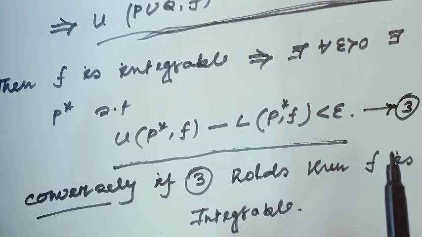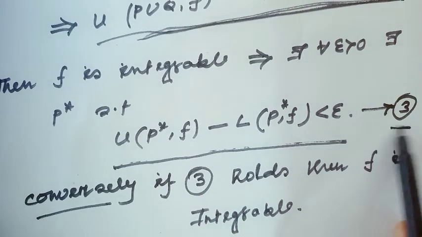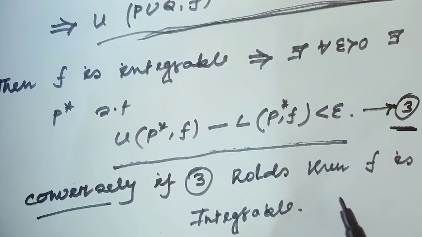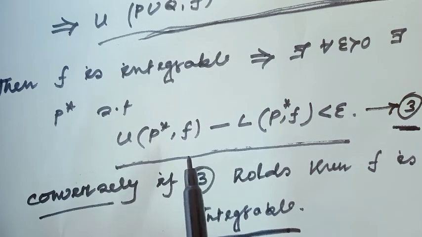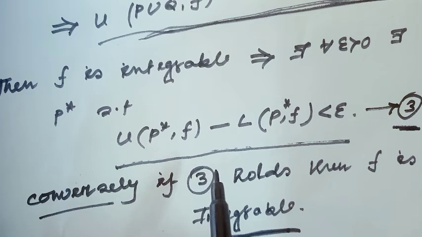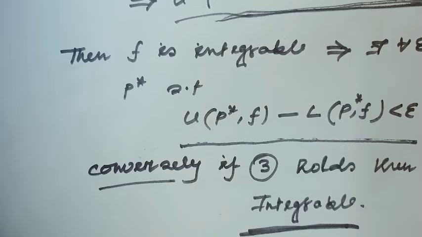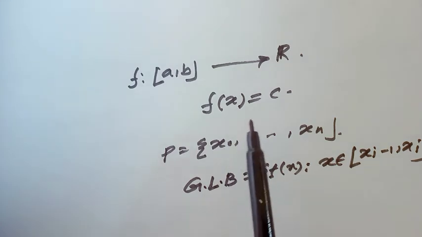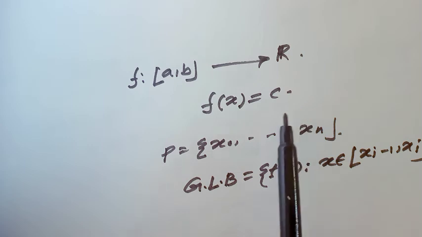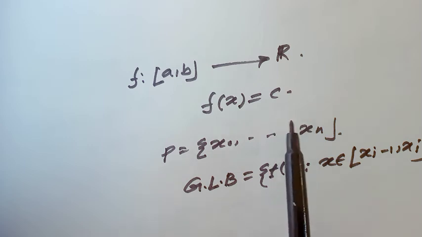Conversely, if this condition holds, then obviously f is always integrable. That means this condition is an if and only if condition. This is one way to find the integrability of a function. Okay? Well, for example, consider the function f from [a, b] to R, denoted as f(x) = c,